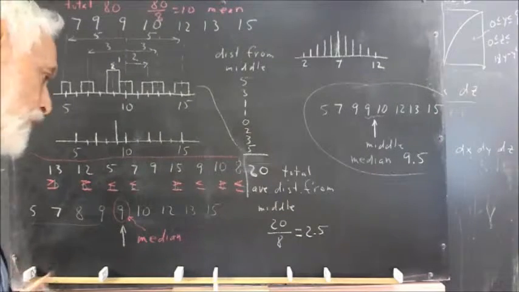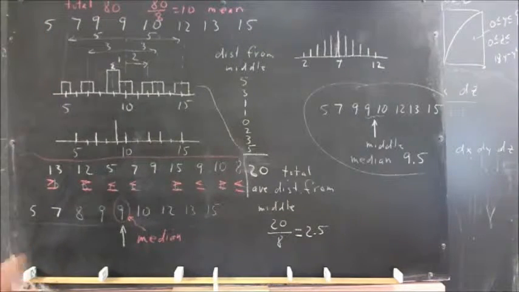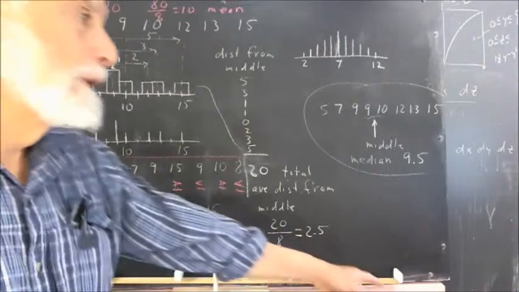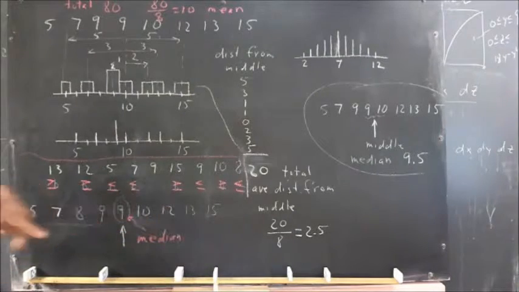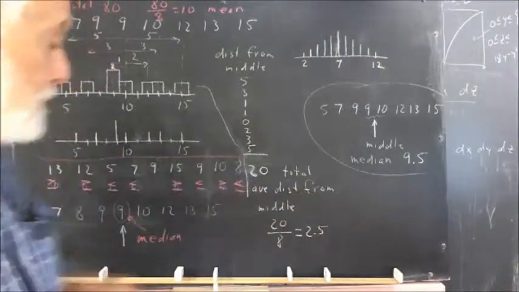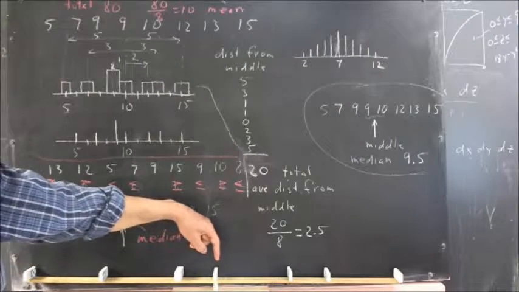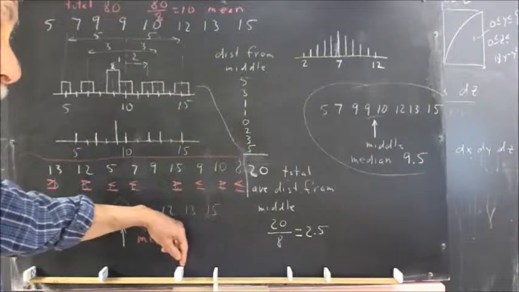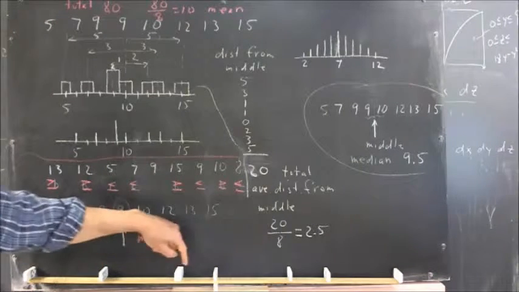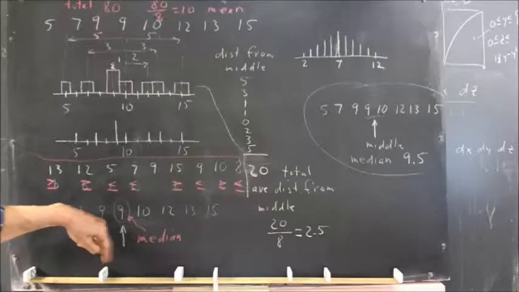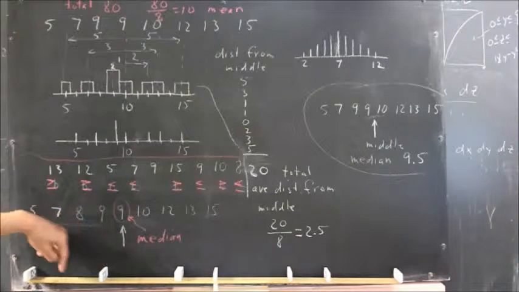Now, one of the next questions on the document is, what's the average distance from the middle? Let's go back to the dominoes. What's the average distance of these dominoes from the middle? Well, this domino is in the middle. We have two dominoes here that are 1 unit from the middle. We have another domino that's 1, 2, 3 units from the middle, and another one that's 3, 4, 5 units